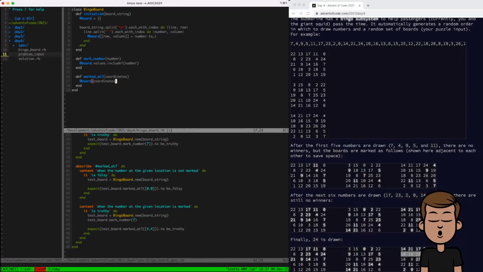It might be easier to start out with, we'll see where this goes, but board sub coordinates sub 1. So we're going to do an array where the first element is the number, second element is a true or false of whether it's marked or not. Okay,